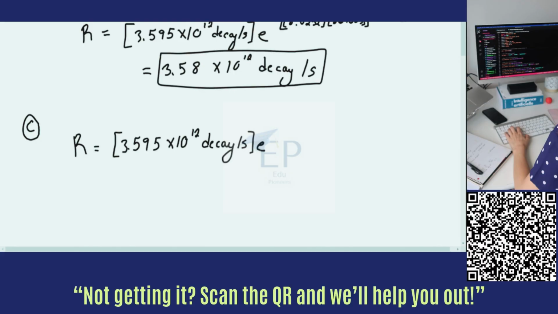Times e to the negative. And we're going to repeat the same motion that we had earlier, which was 0.693 times 8.0252 times 86400